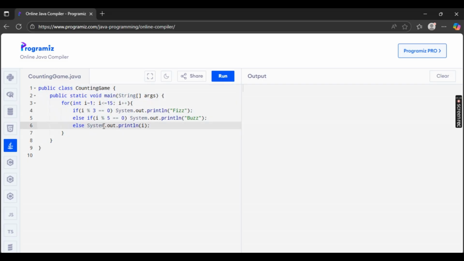This simple game helps you practice loops, conditionals, and logic thinking. You can even extend it by combining conditions, like printing fizz buzz when it is divisible by both 5 and 3. It's a classic beginner exercise, but it's really effective for understanding how loops and if-else conditions work together in